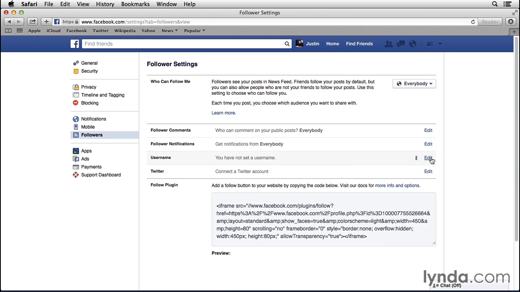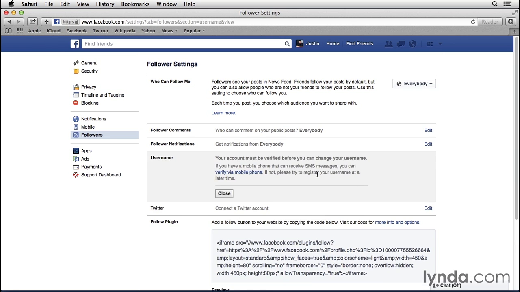Now, also, you can set up your Facebook username here. This is how people find you a little bit easier. It tells you your account must be verified before you can change your username. If you have a mobile phone that can receive SMS messages, you can verify via your phone number. If not, please try to register your username at a later time. So that means if you want to have a username,